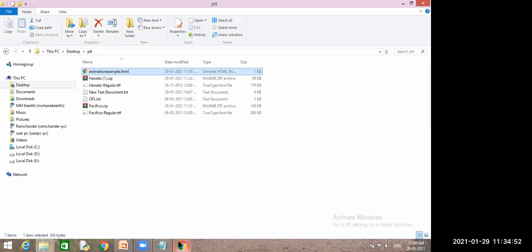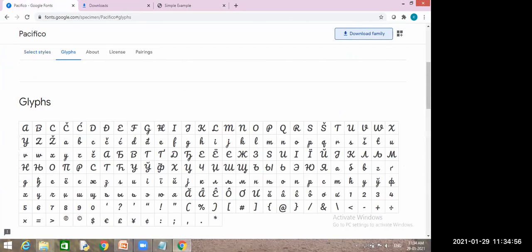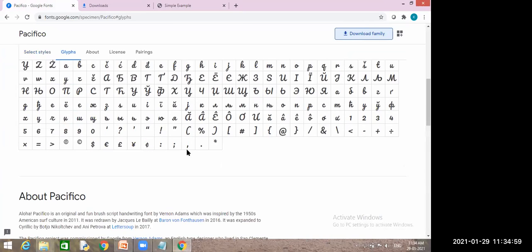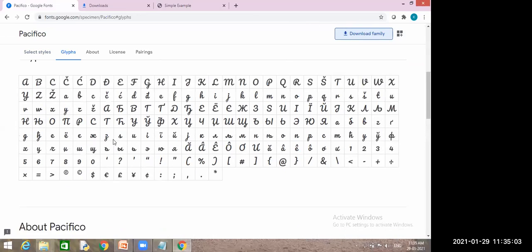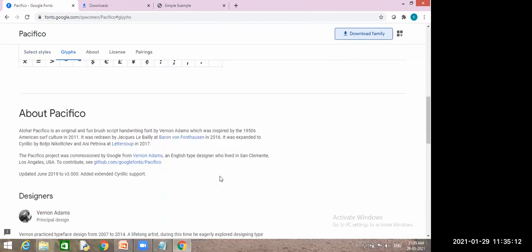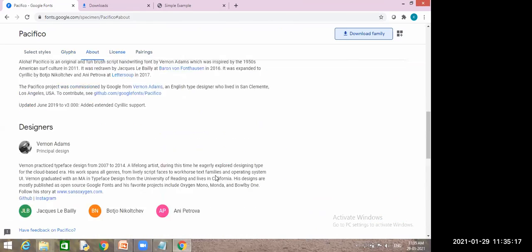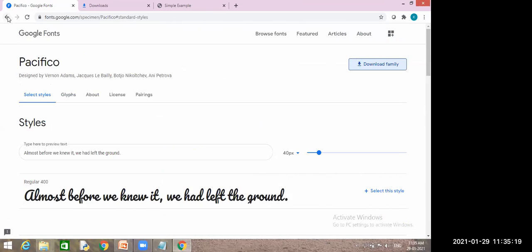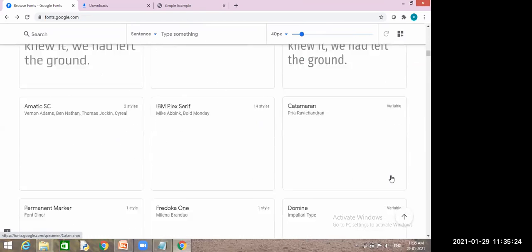Your own fonts. You can go for any different type of fonts. Then you can select that kind of font. These all are the characters of this font. This is the way uppercase letters, lowercase letters, and any symbols you write will print like this. And you can see the description of everything. Okay, these are the different types of fonts.